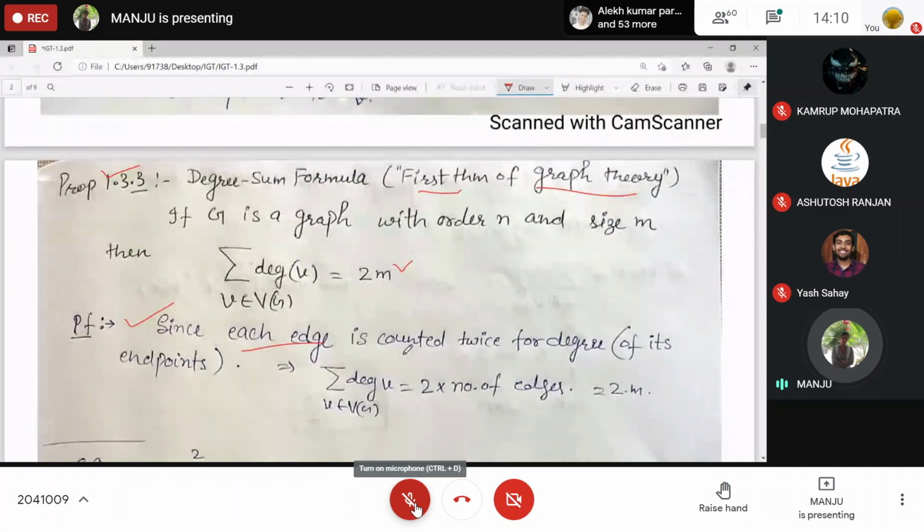Because we are counting every edge twice. For example, the edge A B is counted for this degree as well as for this degree. That's why it's 2m.